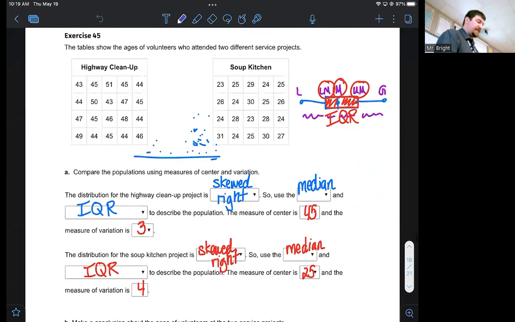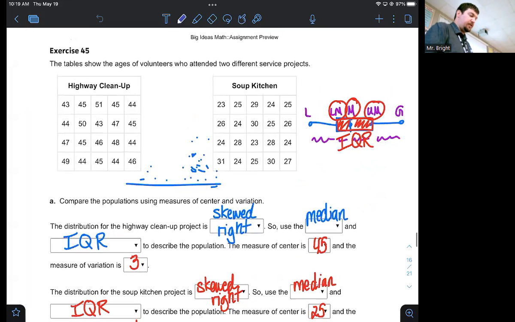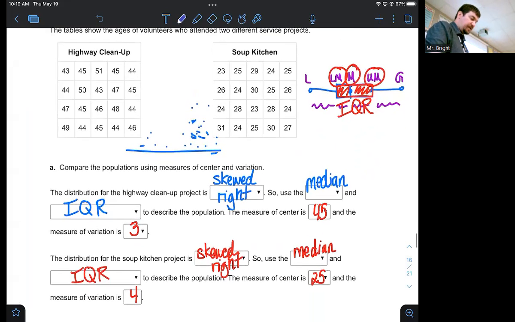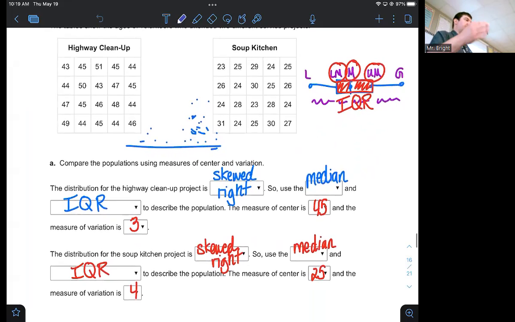Number 45, the tables show the ages of volunteers who attended 2 different survey projects. You can see the highway cleanup. There's 20 people and their ages up there. And in the soup kitchen, there's 20 people and their ages. Compare the populations using measures of center and variation. Your measures of center are mean and median and mode. Your measures of variation are